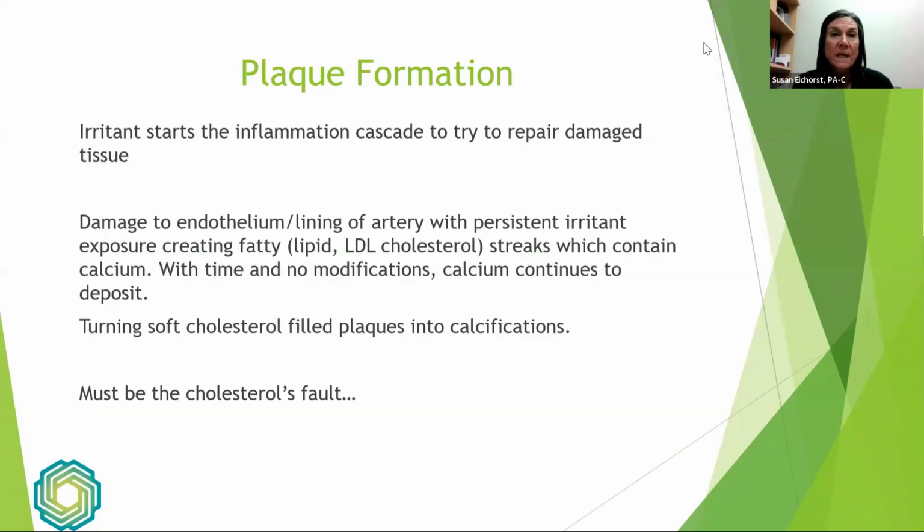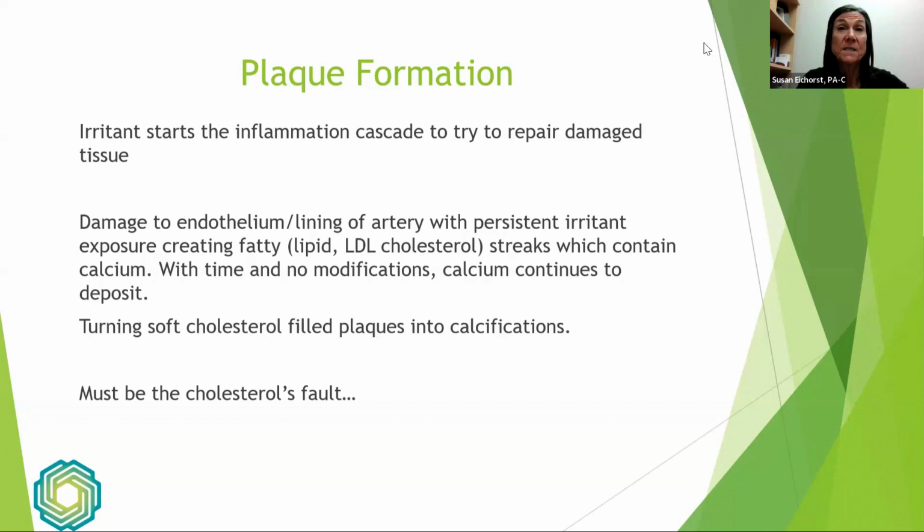But it all gets down to plaque. And plaque is really what starts to form in our arteries, blocking it off or causing this fragile plaque that can break off and travel to other parts of the body. So the irritant has to start from something, and that's usually a chemical. Cigarette smoke, foods can cause inflammation, other chemicals in our world, bacterial infections can cause this inflammation, and that causes our natural immune system to start a cascade, or a whole event, of inflammation.